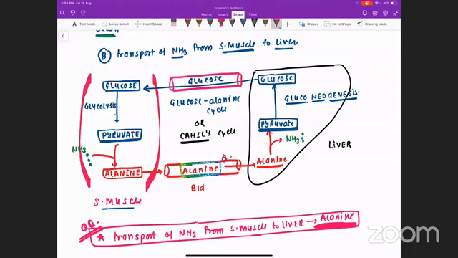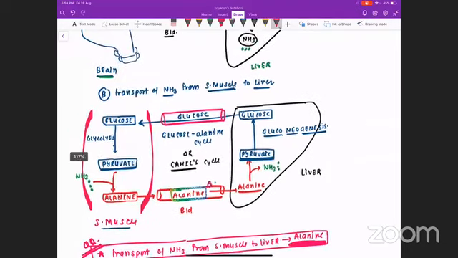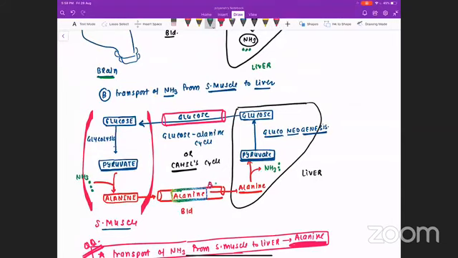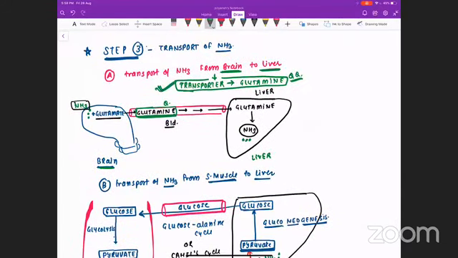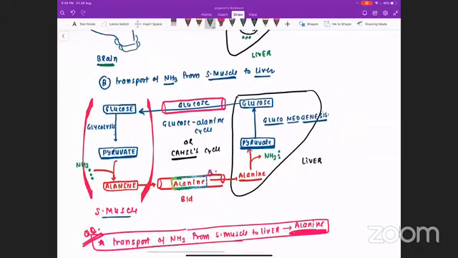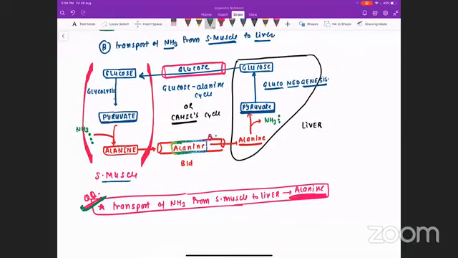This is how there are various ways to send the ammonia from the various tissues. If you have understood the entire step 3, very good. If not, I am highlighting the information again. The transporter of ammonia from the brain is glutamine. The transporter from skeletal muscle is alanine. These two pieces of information are a must-know from step 3.